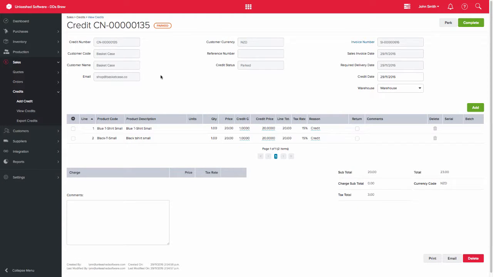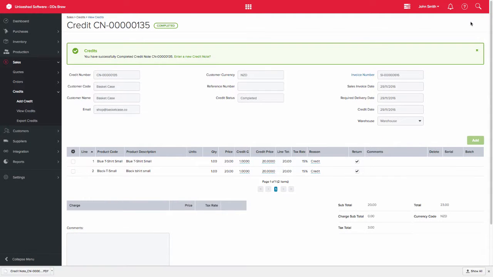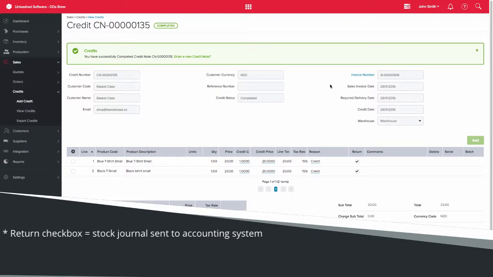Now, because the goods were shipped out for this order, you can select the return checkbox to increase the stock on hand. This would effectively cancel out the shipment. You would then also need to ensure that you physically have the goods back so that you don't overstate your stock on hand. The return checkbox will tell Unleashed to create a stock journal that will be sent to your